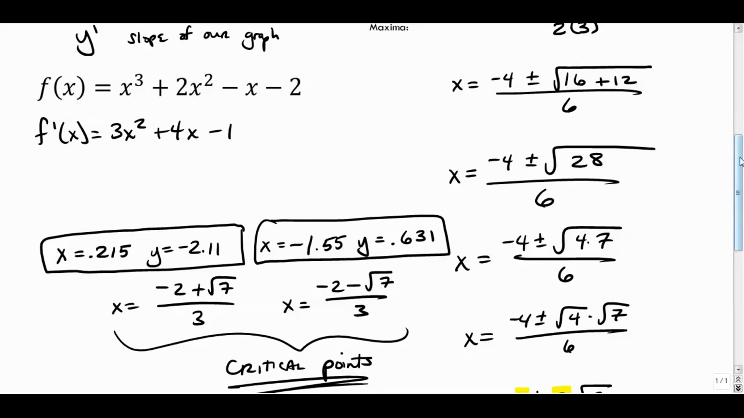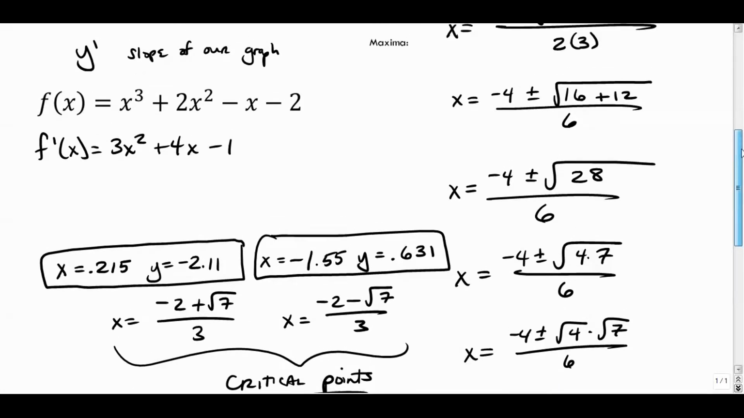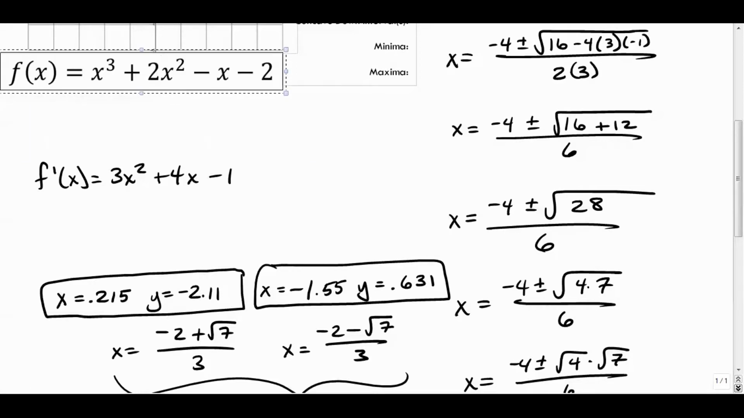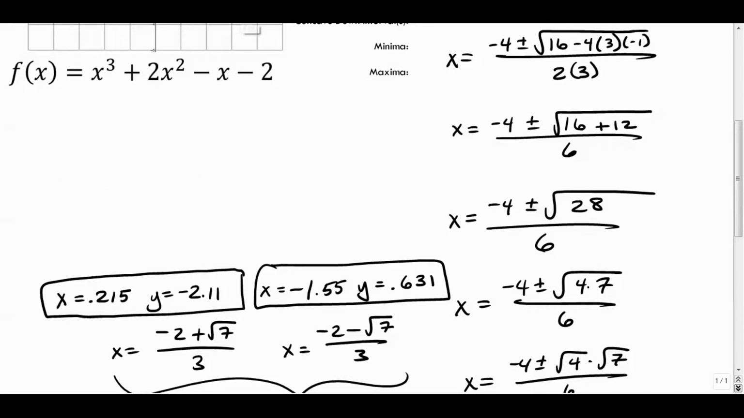Alright, so those values are my critical points. Now what I want to do next is figure out what kind of points those are, right? Whether they're maxes or mins, or maybe they're something different. The derivative can be 0 at points that aren't extrema. I need to test it, so I'm going to do my first derivative